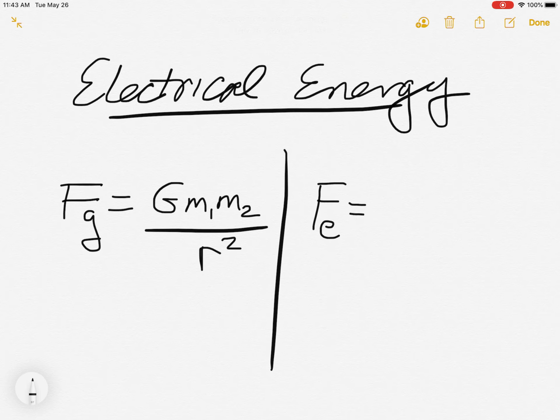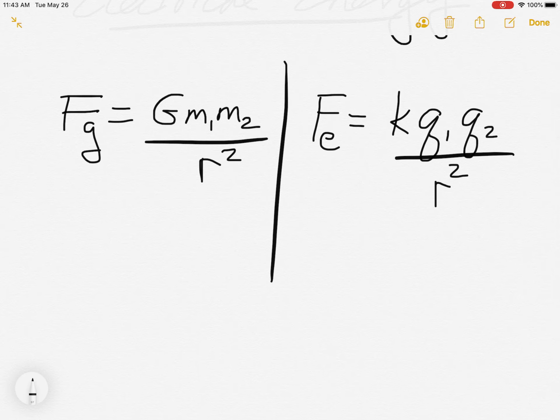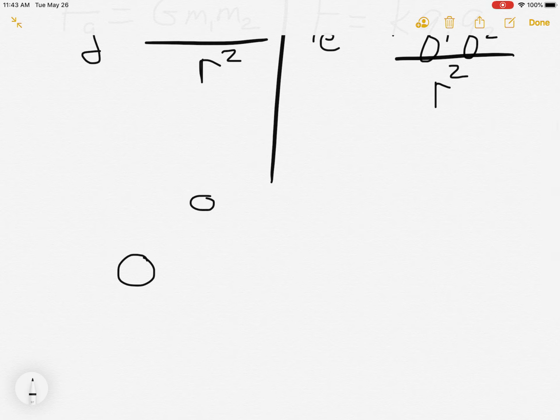Then we discovered that the electrical force between two objects has its own constant, K, 9 times 10 to the 9, and it's based not on mass, but on charge, which we use Q1 and Q2, and again, the square of the distance between them. So these two equations were very similar and worked very much the same way because they describe the same sort of situation. In both of these cases, if you have an object and another object,